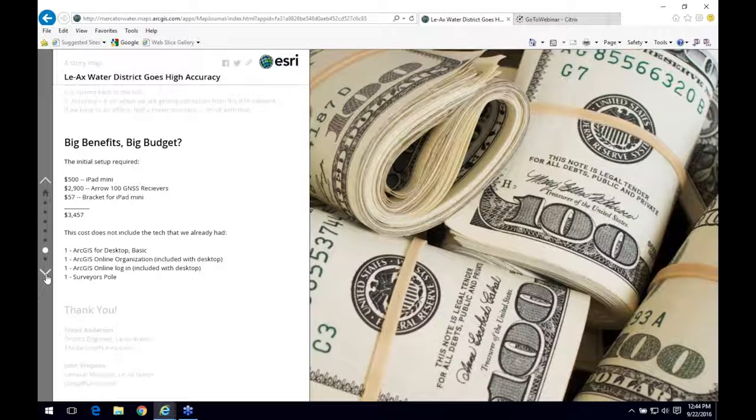I mean, $3,000 for a small district or a village is probably not in their budget here and there, but I think they can scrape that up to get this. I can't stress how easy it is to set this stuff up and go out and start gathering points. If I was a small district or a village and I had nothing, no GIS,